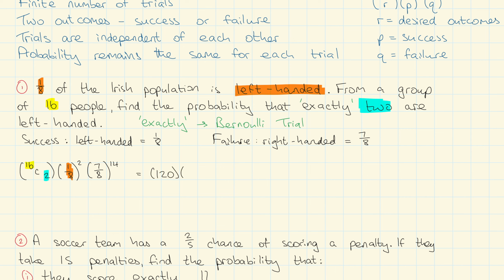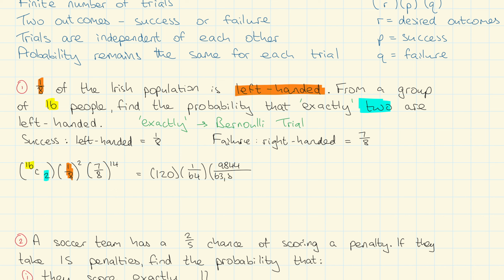This middle step here isn't necessary for your workings. You just need to set up your Bernoulli trial, and then you can put the whole thing into your calculator. But just for the example, I'll expand it out. And then 7/8 to the power of 14 will give back quite a small fraction, 9,844